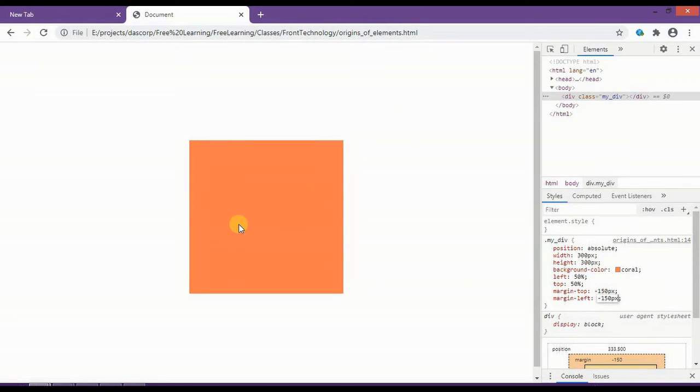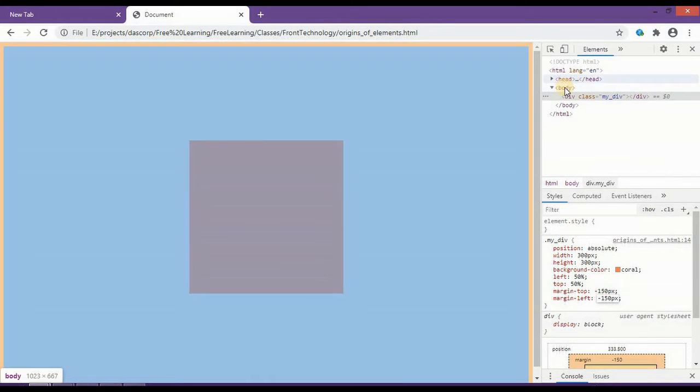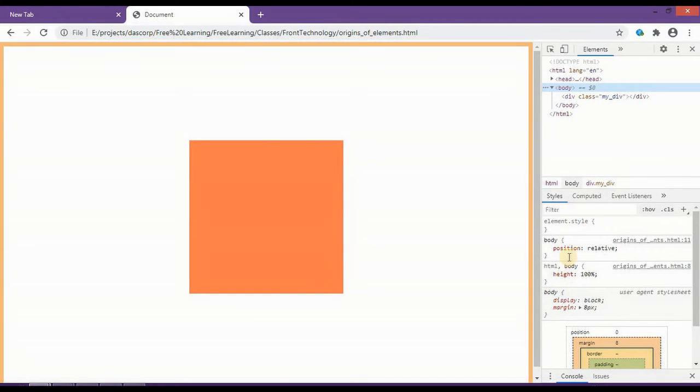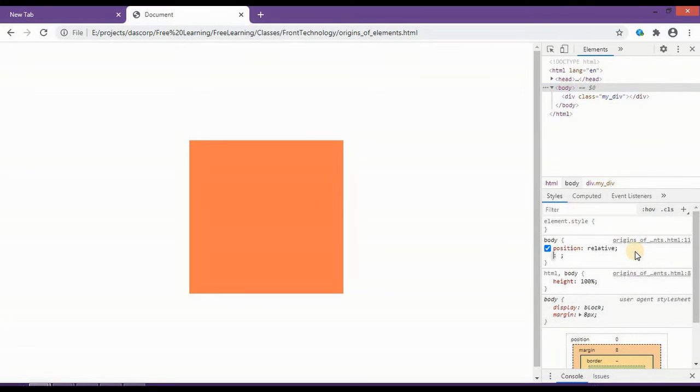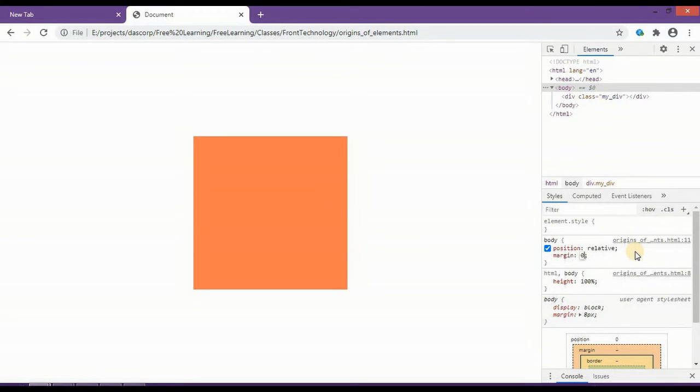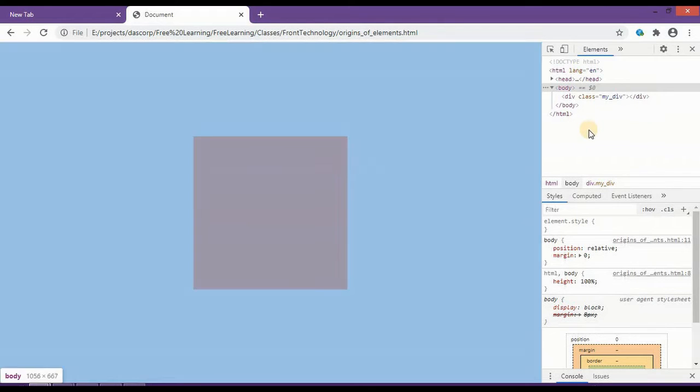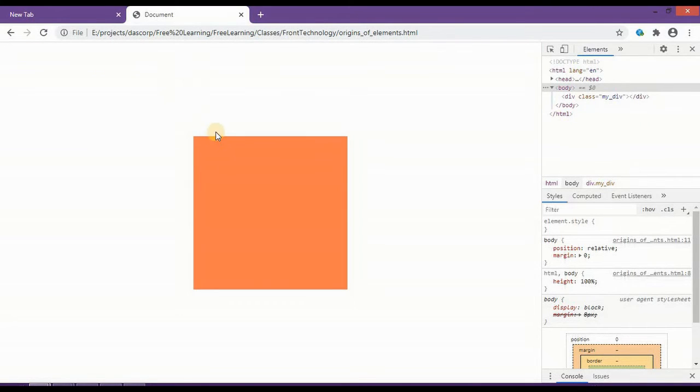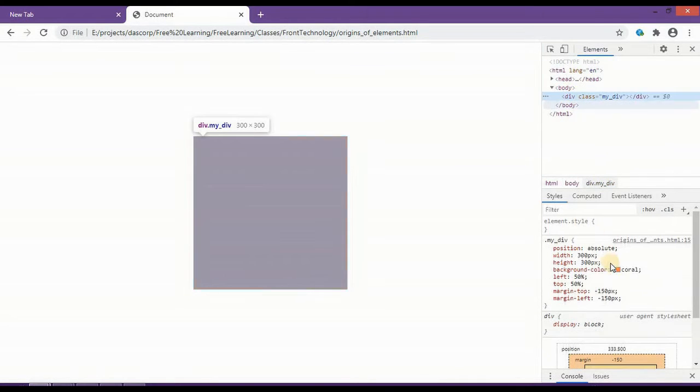Now you can see it is coming in the center, and let me remove this margin 8 pixel. Alright, the scroll bar is also gone. Now as you can see, this is in the center position, right? But this pivot point is not in the center of this element. So if I change the width and height, it changes the positioning of center because we need to change the margin left value again.